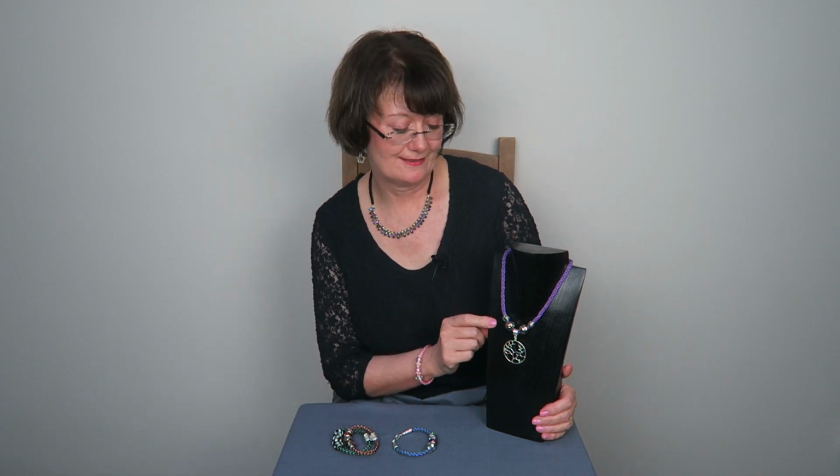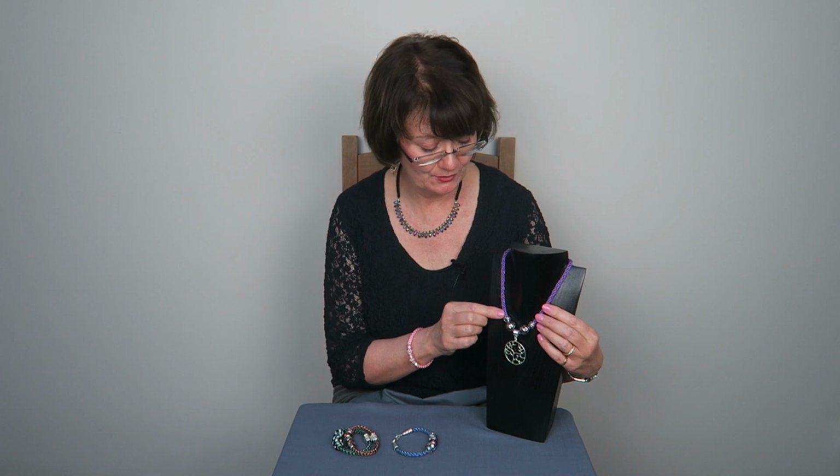So, now you've learnt the technique, now take it further. How about a necklace? So for this, I've just used waxed cord. I've used 8 cords of 1mm waxed cord, and I've also popped a little pendant on. And I think that's very effective. You can have lots of fun with this design. It's all about the assembly. It's all about the choice of the beads. So have fun, go out, choose lots of different types of bead, and then you'll be able to make up